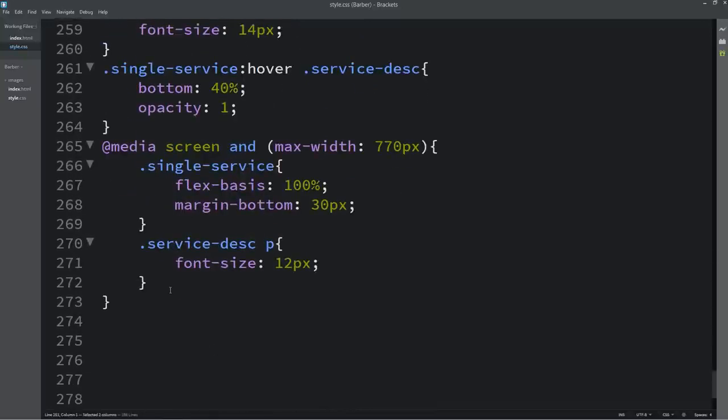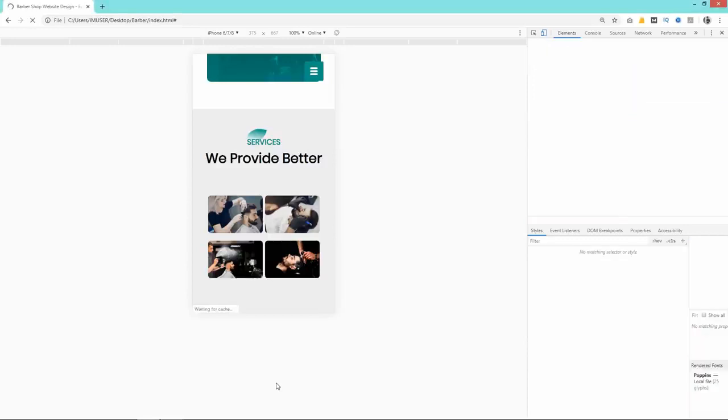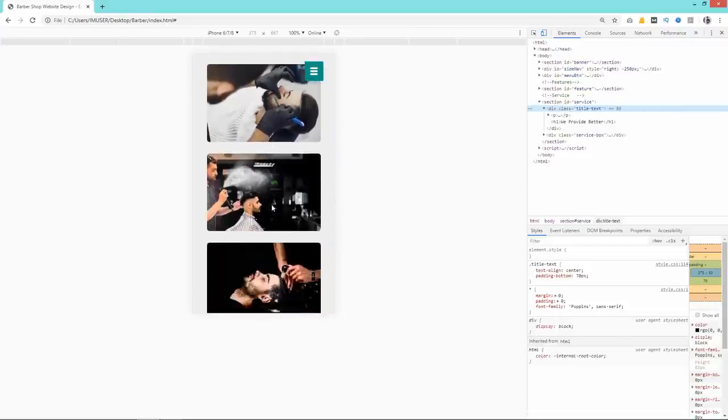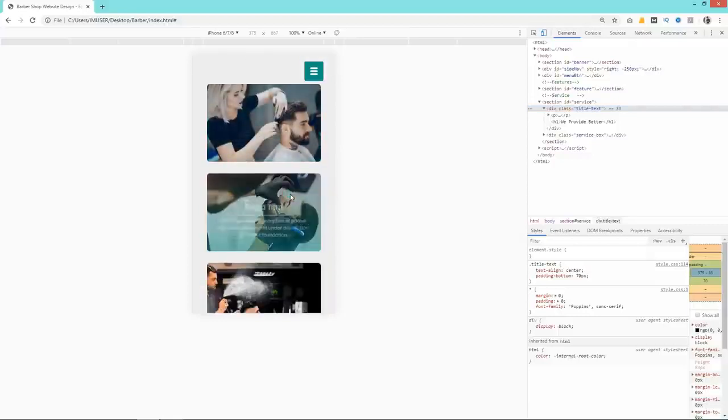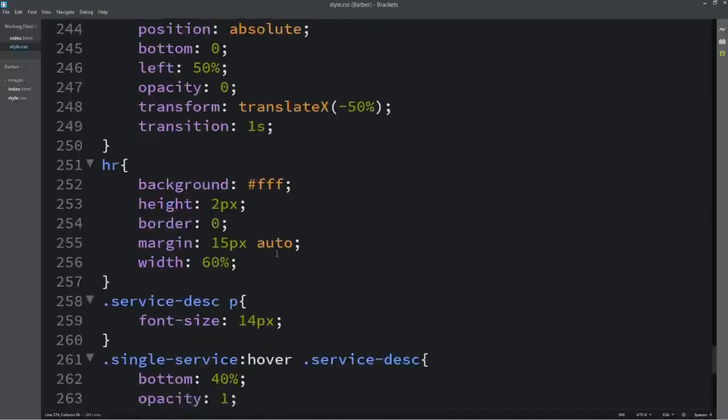And for this HR, write it here in the media query, and for this one also I will add margin 5 pixel and auto. Now you can see this image size is perfect for a small screen, and you can see the text and description is also fine. We will change the position of this text, so just come back